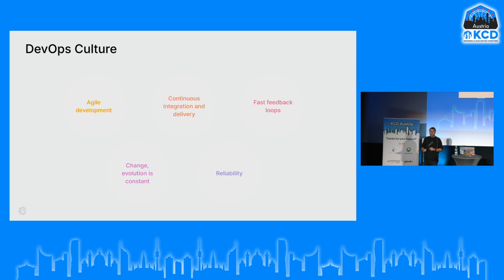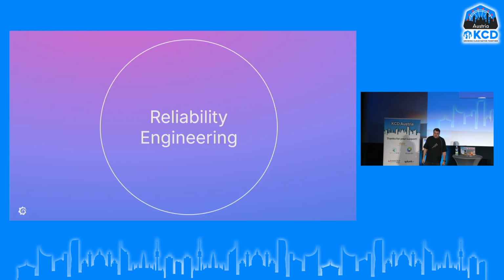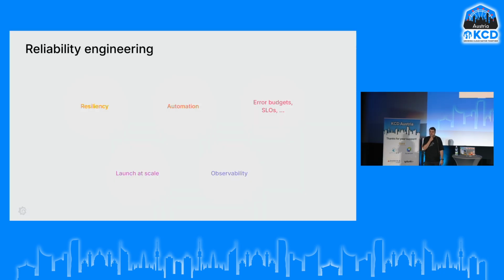But one of the things there is we need reliability. We need to make sure that the systems are reliable. And that specific point, reliability, gave birth to a discipline on its own, and that's reliability engineering. Right? So you might have heard about a book called the SRE book from Google that defines this whole new discipline. You should read the book, if you haven't yet. But if we break down and summarize the book in 5 points, I would say that one of the key things is resiliency.